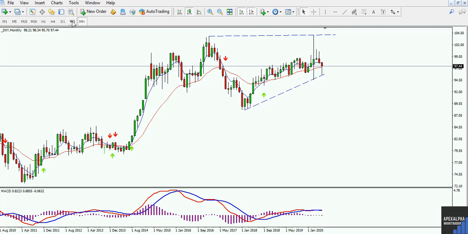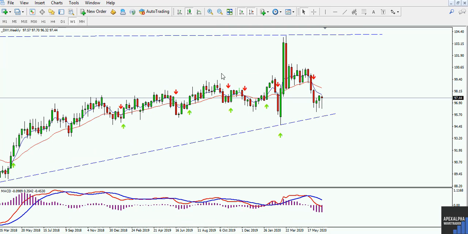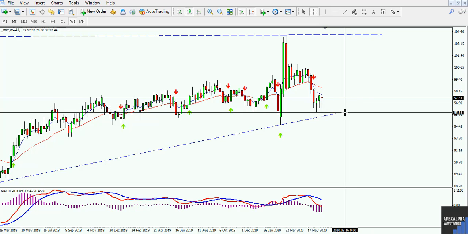So now I'm going to go to the weekly time frame. When we come to the weekly time frame, this is what's happening. You can see we have a collection of reversal candlesticks here, but I can actually see a wave top situation. If this is the first wave, and we have the second wave, this is the third wave, so we are currently in the fourth wave. I believe that we still have one more leg down, at least to this area of support, which is this trend line here,